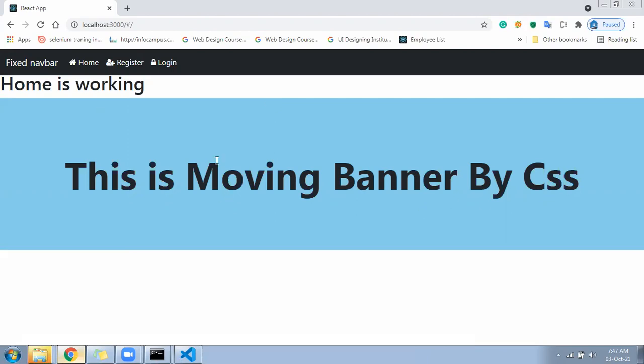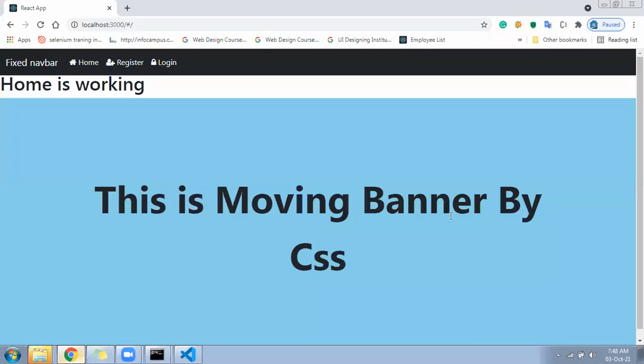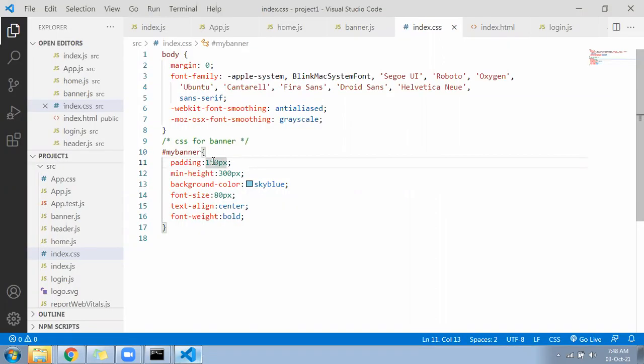Padding, do you need to increase? 150. Padding 100 is okay.